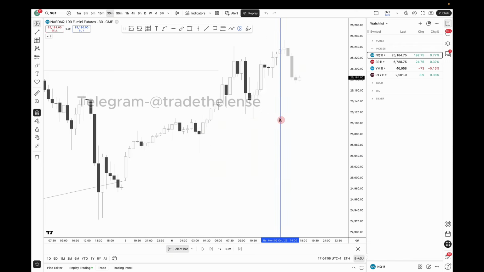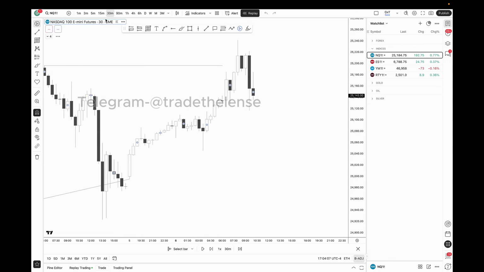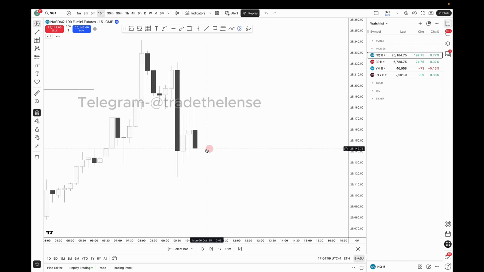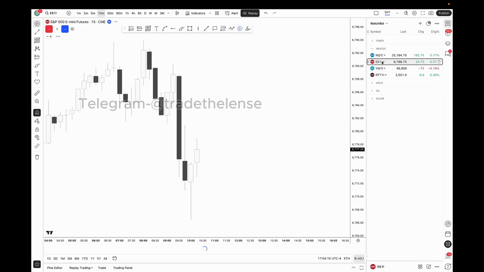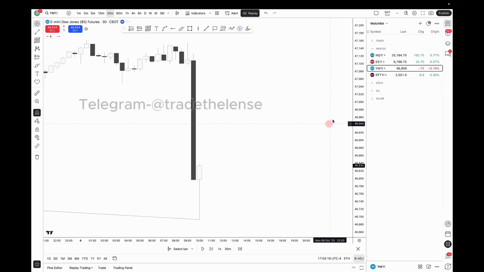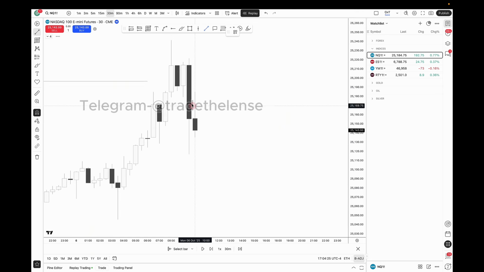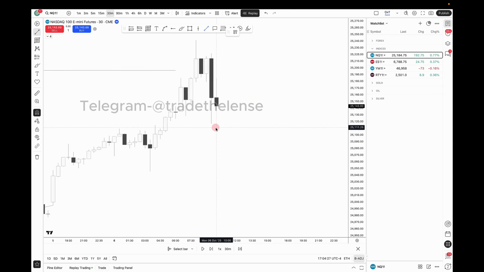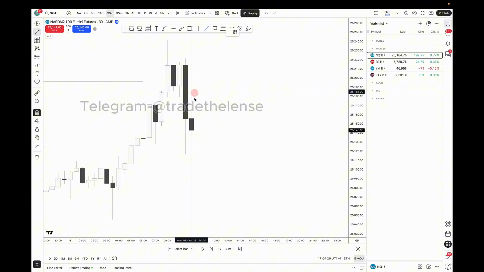Now, this is where I got faked out, and this is my fault, right? So you're going to see that we get a strength switch PSP here. Notice how this asset is a bearish candle. This asset's bullish, right? And we got a 30-minute strength switch PSP. That's what really caught my eye here and why I got faked out.